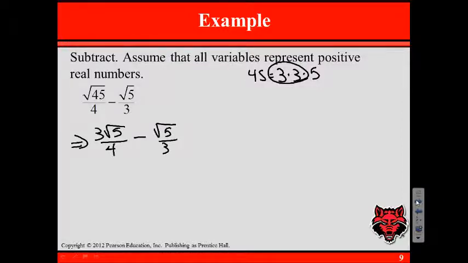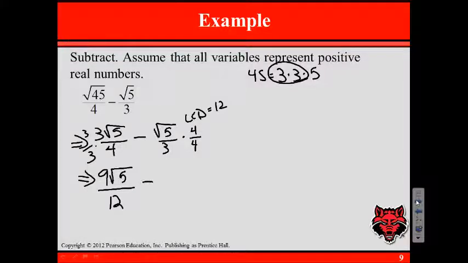The only difference between this example and previous examples is because we have fractions, we need a common denominator before we can go any further. So we find the least common denominator, which is 12, which means we need to multiply the second fraction by 4 over 4, the first fraction by 3 over 3. And when you multiply a term or a factor with a square root, do not multiply the whole number on the outside into the square root. For example, in the first fraction, 3 times 3 square root of 5, we'll multiply the 2 3's that are on the outside. 3 times 3 is 9 square root of 5 over 3 times 4 is 12 minus,